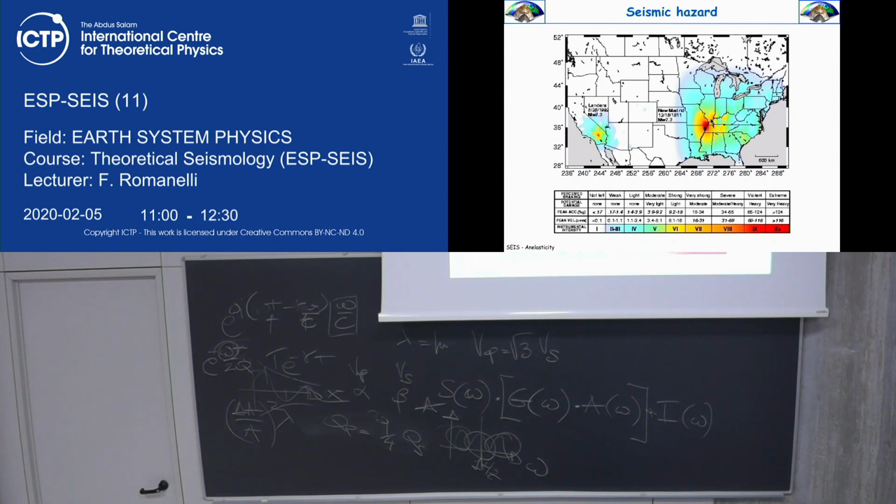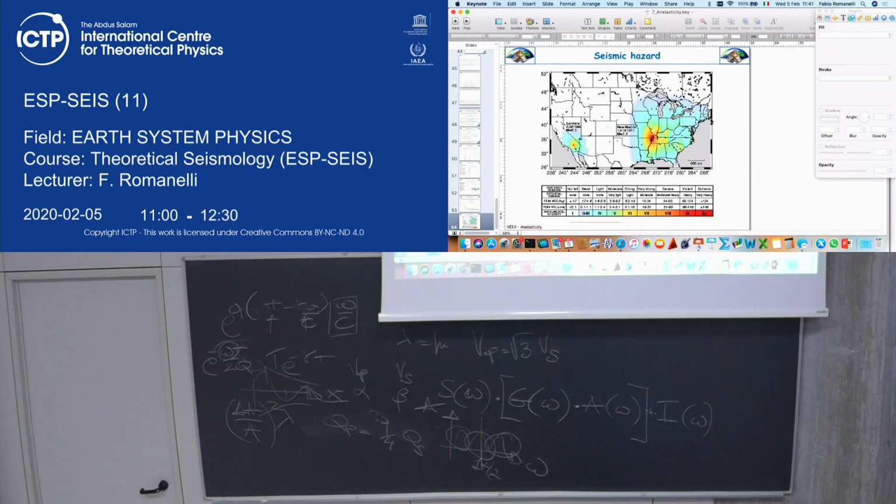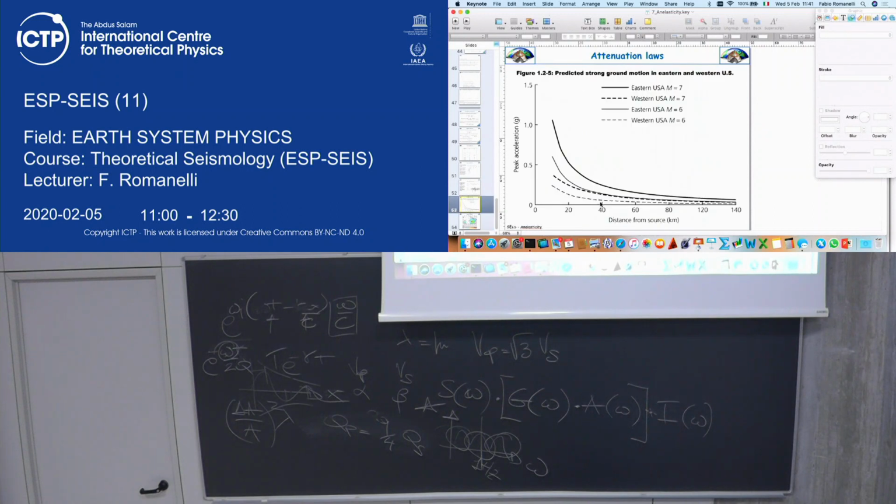For a hazard map, what would you do? No answers. But we will try to understand how we can give an answer. So, okay, the conclusion at this point is that differences in Q have a strong impact on ground motion propagation. Okay, it's not rocket science. We know it's there. The connection is this curve here, if you want. Now, what about hazard?